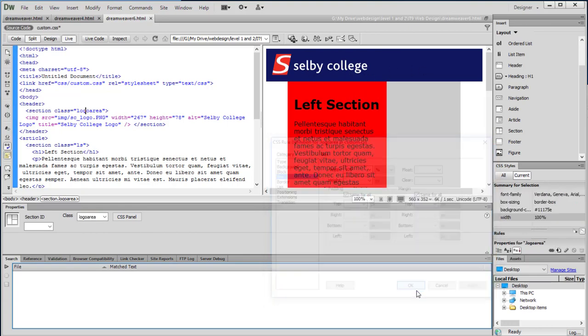Click OK. While I'm in here, I'm also going to close up this gap that's appearing here. We talked about it in the lesson. It's basically caused by the default browser settings. It has a margin of 8 pixels, and we need to get rid of that, and it's on the body tag. I press F12 to preview this page,